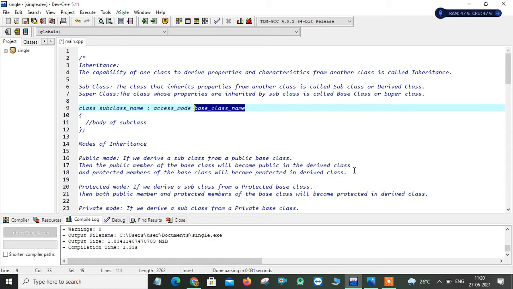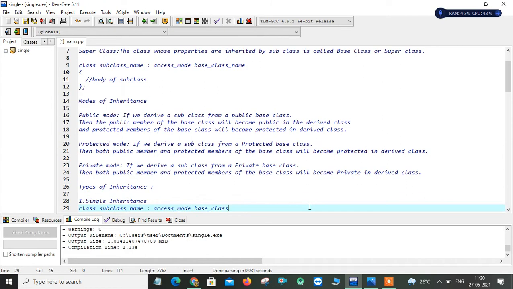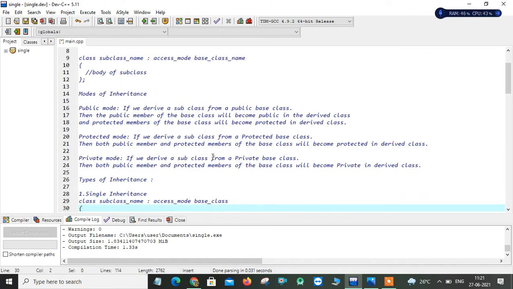When you inherit your derived class in protected mode, that is, if we derive a subclass from a protected base class, then both the public members and the protected members of the base class will become protected in the derived class. Now when we derive a subclass from a private base class, then both the public members as well as the protected members of your base class will become private members of your derived class.